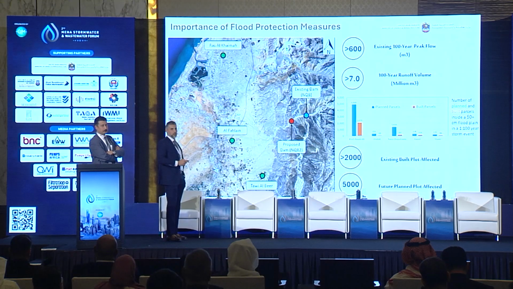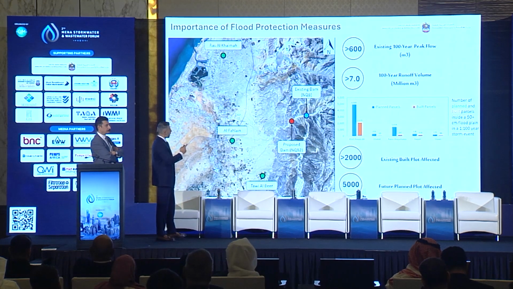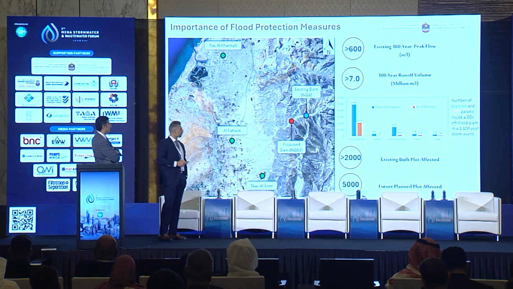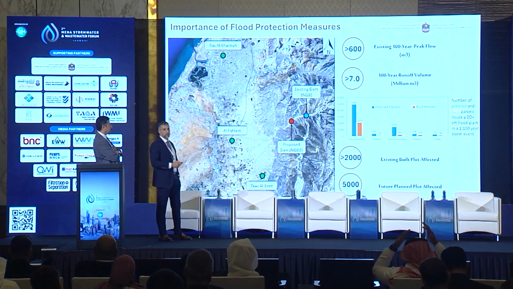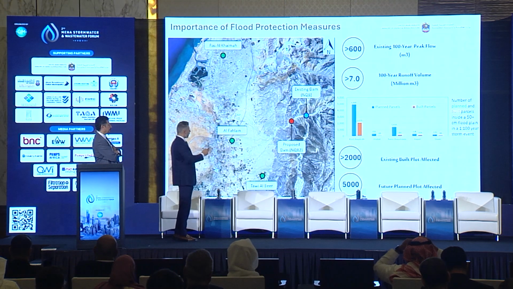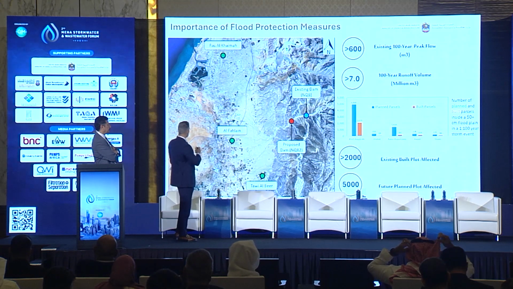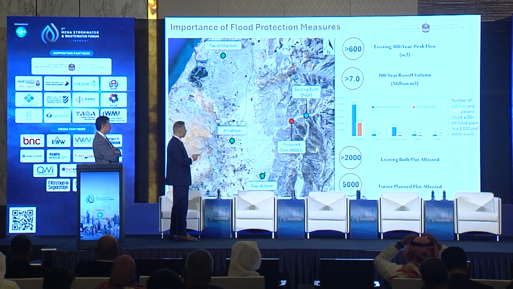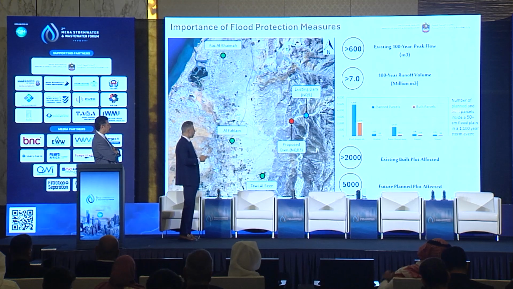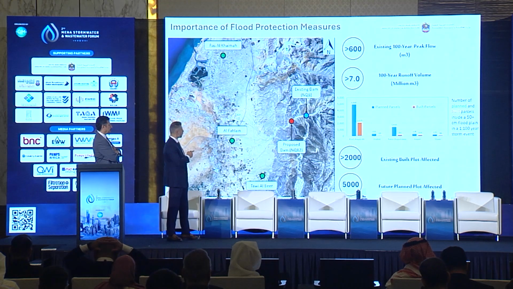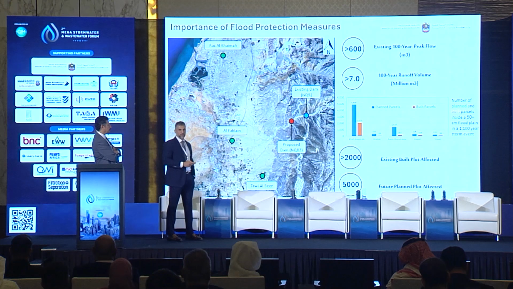It's a very large number affecting the downstream area. The runoff volume we talked about is around 7 million cubic meters if we get the 100-year event. And here are the planned and built parcels in the downstream of this wadi. We have more than 2,000 existing plots affected by the 100-year storm, which will see more than 50 centimeters of